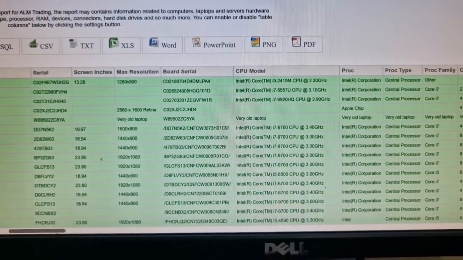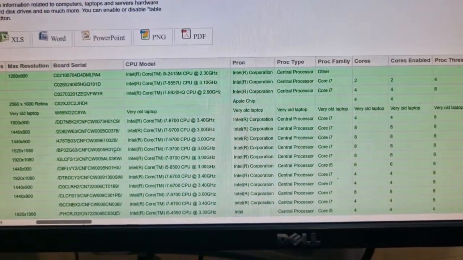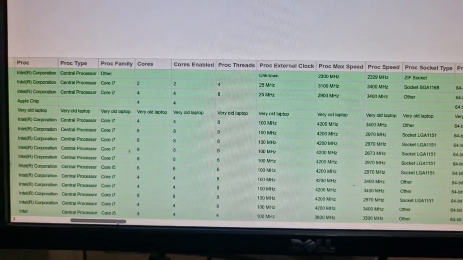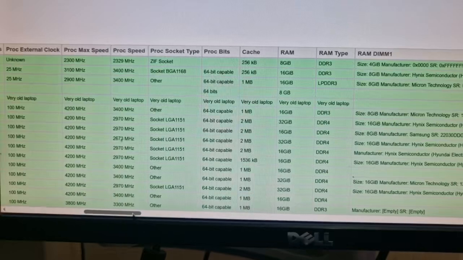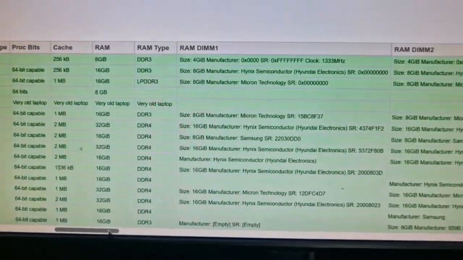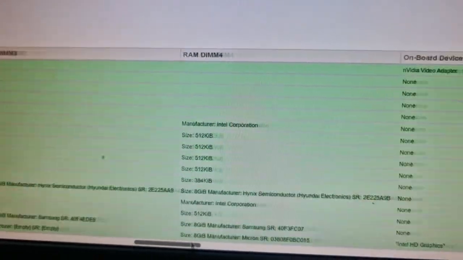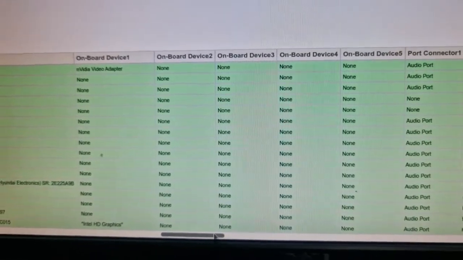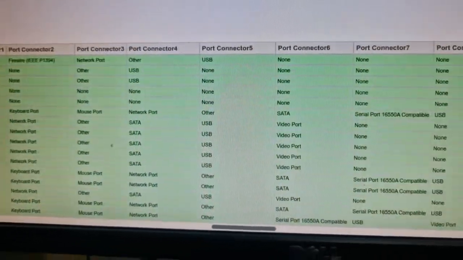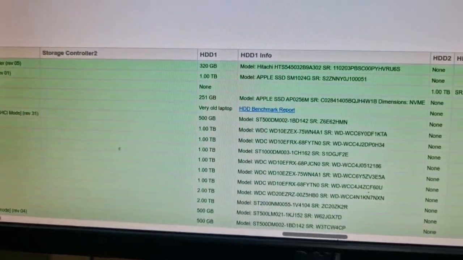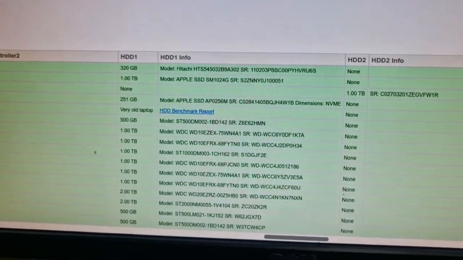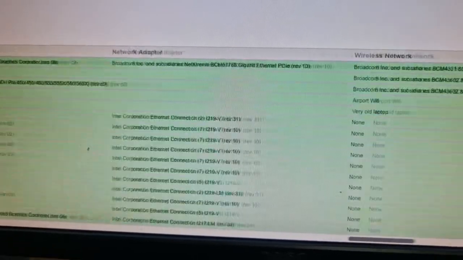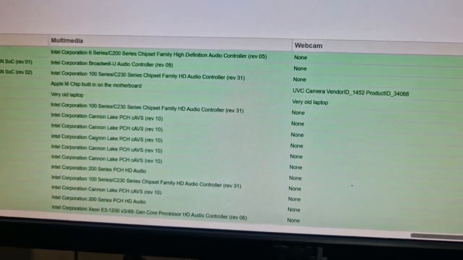We have motherboard serial number, CPU model, CPU generation, processor family, the processor threads, processor cores, the processor speed, cache, and the RAM and the RAM serial number for each module. Then we have hard drives. We have the onboard ports and the components. And then we have storage controller, storage controller 2, hard drive 1, hard drive 2, and all the serial numbers for all the hard drives. And we have CD, DVD, and then we have display adapter, network adapter, wireless adapter, multimedia, webcam, and then